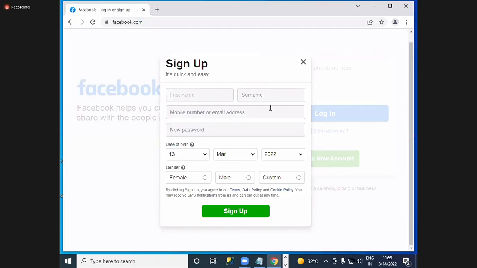Whatever contents are there, like first name, surname, whatever we have, all these details are entered by whom? Users, end users. So that means this form is directly interacted with by the user to give some information. So this Facebook website is a secure website, a security portal. If anybody wants to access Facebook services, it's not that I can directly access them.